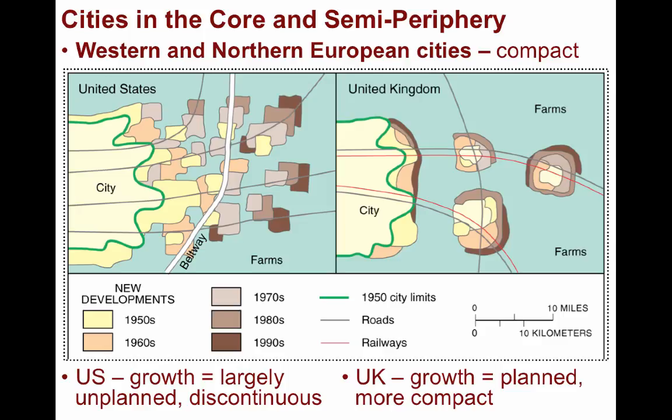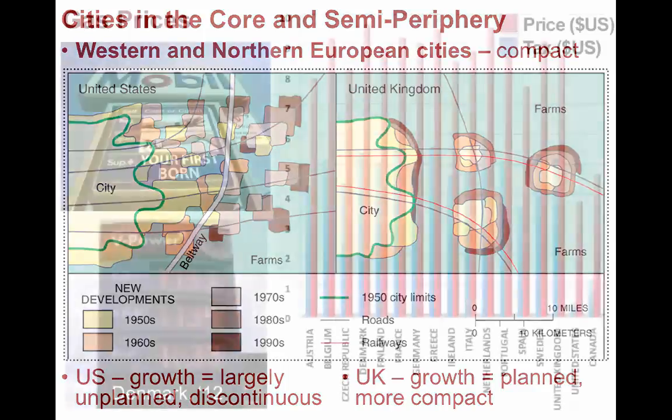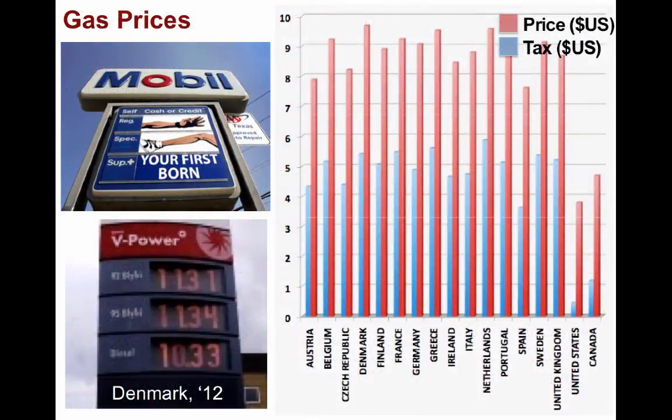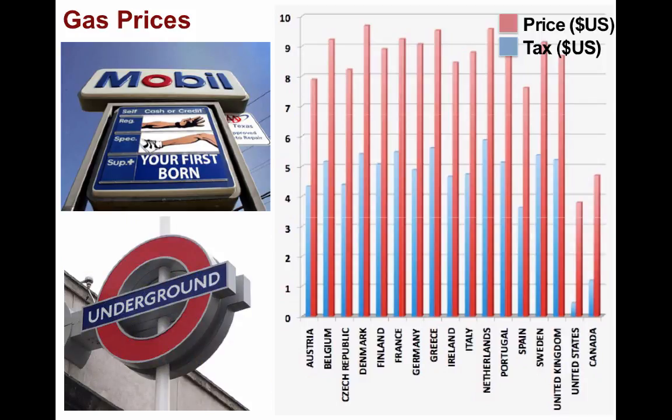Some of this has been done for environmental purposes, to improve air quality and reduce pollution. But it has also come out of necessity, since gasoline prices in Europe are sometimes 3 to 4 times more expensive than in the United States. Although, as you can see in the chart, this is largely self-inflicted due to very high gasoline taxes. As a result, Europeans utilize public transport more than most US Americans. For instance, Londoners using the Underground, or the Tube, their subway system.